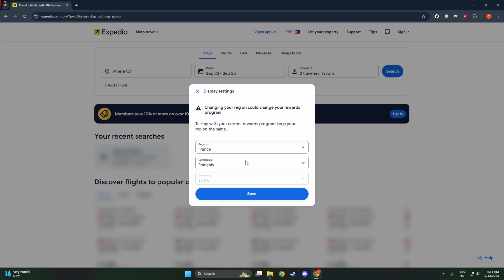Select your preferred currency by scrolling through this list or typing the name of the currency or country into the search field, which makes finding your currency easier if the list is extensive. Once you locate your chosen currency, simply click on it. For instance, if you're interested in displaying prices in euros, select